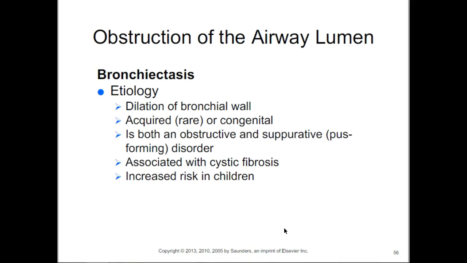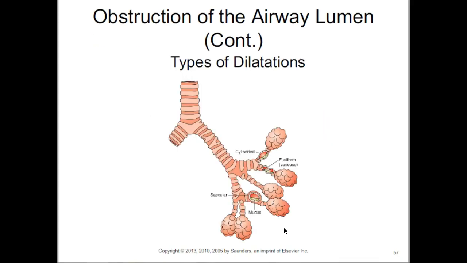It is quite rare, but it could be congenital, so you could be born with it. So you might see more risk in children, and it is associated with cystic fibrosis. And so it is both obstructive and suppurative. So you're making pus, right? So you could see here, this dilation looks kind of like that pearl-like appearance. You see how it's kind of varicose, okay? So cylindrical, saccular, or varicose. Those are the types of dilatations,